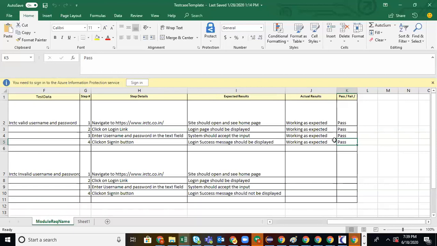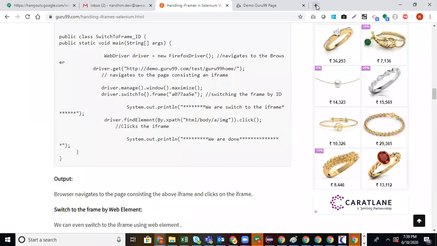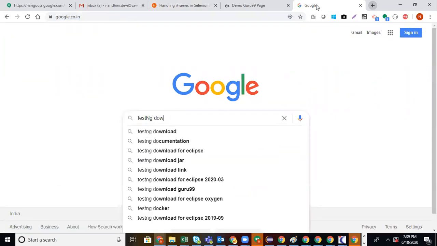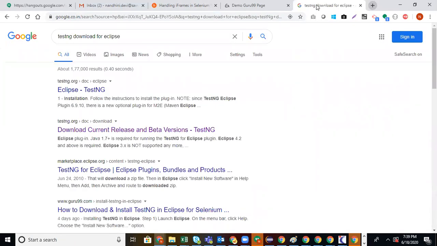So now let's download TestNG and keep it on your machine. Shall we do it? There are three ways to do it.